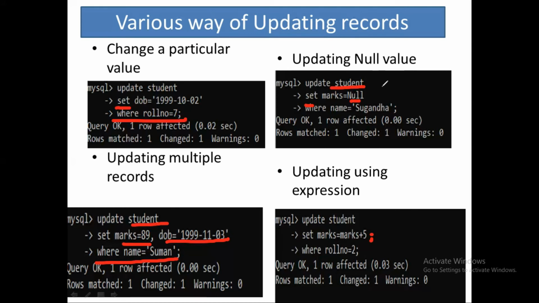One thing again I want to repeat: what is UPDATE? It is a DML command. क्यों? क्योंकि आप इसमें डेटा में चेंज कर रहे हो. You are making changes in data, right? What was the ALTER TABLE command? It is a DDL command. It was a DDL command because you are changing the table structure. जब structure में कोई changes होते हैं, then that command is called DDL, and this is a DML command, right? So the UPDATE command is a DML command which is used to change the data of the table.